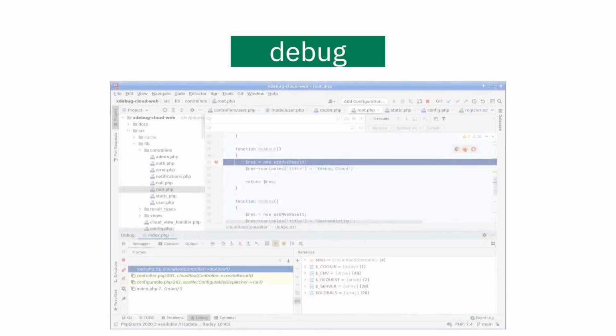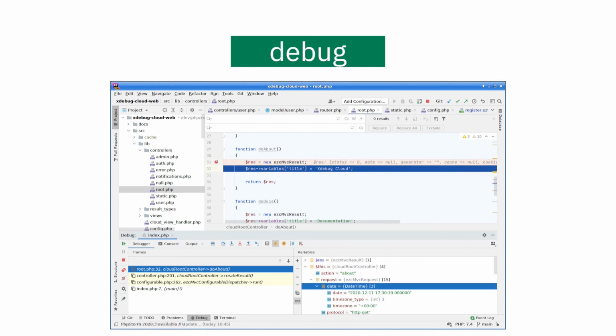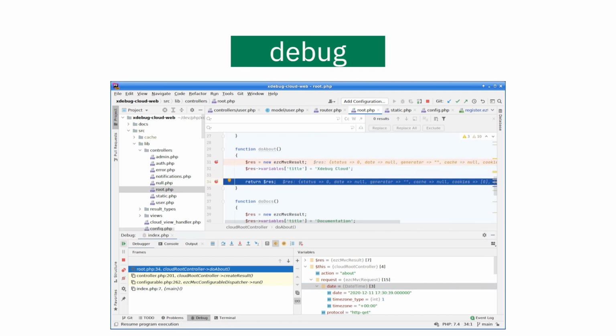The debug mode allows you to do step debugging, to find out exactly what's happening while your script or application is executing. You can inspect variables, step over code, step into functions, and break automatically on all kinds of conditions. It is probably the best way of trying to figure out a complicated bug.